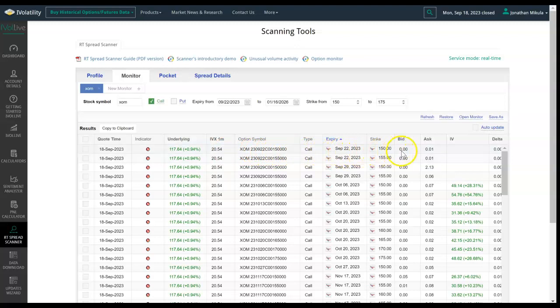Here's the expiration, the bid, the ask, which will update throughout the day, the implied volatility, as well as the delta for each specific strike price. So this is another really good way to look at dynamic pricing within IVolLive for an options chain. And then finally, if you go back to IVolLive,